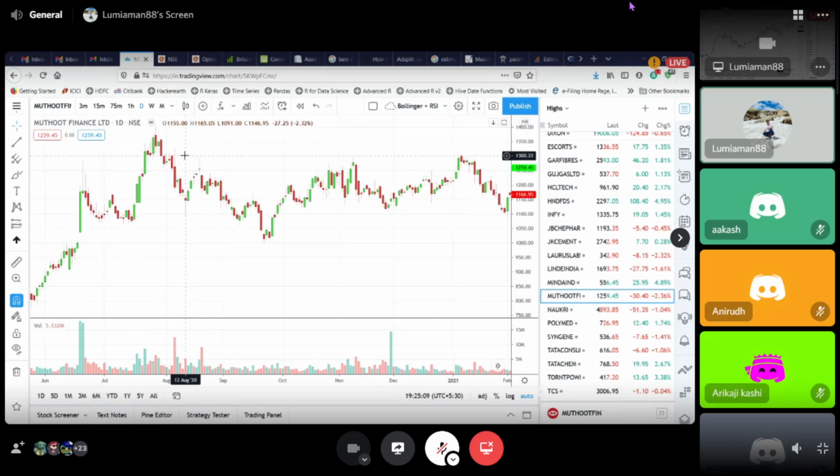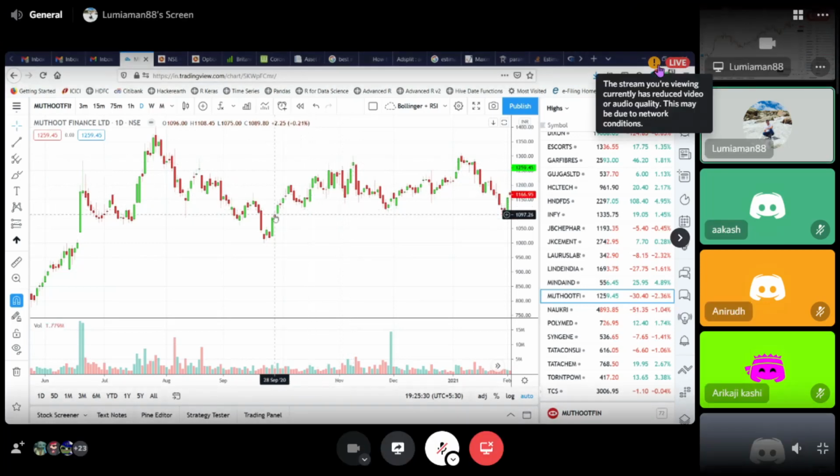So 1300, even if I target 1300, that is almost a 20% return for me. And that is much more than what I usually target. So I will almost get out of my position around the 1300 region only. So position taken here and exiting around here. 1300 to 1280 on 9th of November.